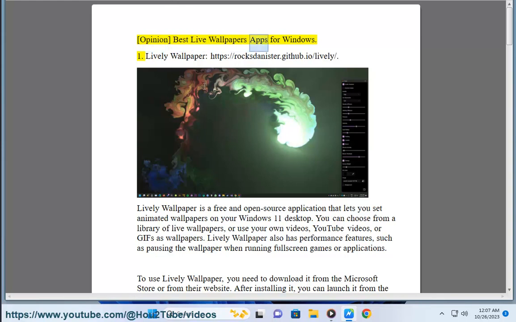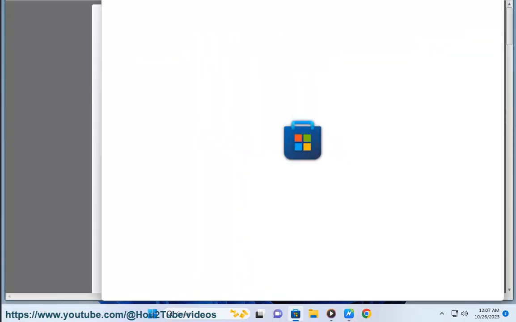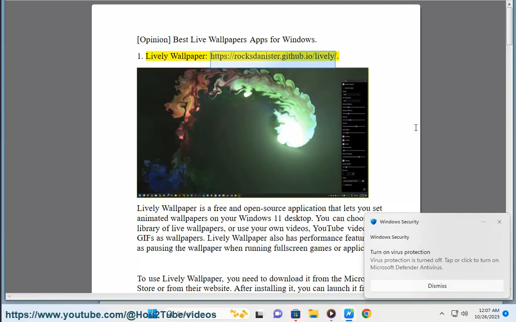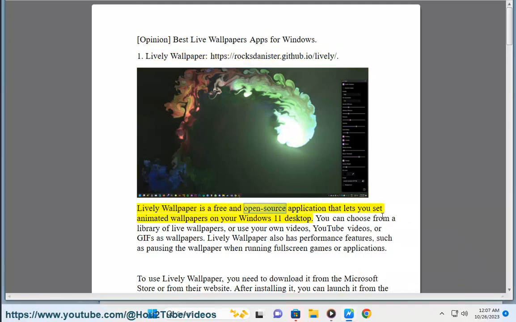Best Live Wallpapers Apps for Windows. 1. Lively Wallpaper, https://rockstanister.github.io/lively. Lively Wallpaper is a free and open source application that lets you set animated wallpapers on your Windows 11